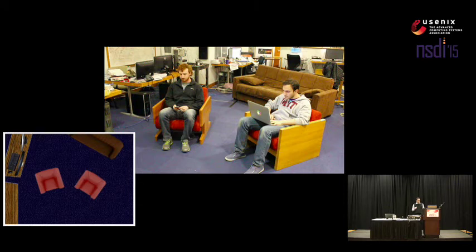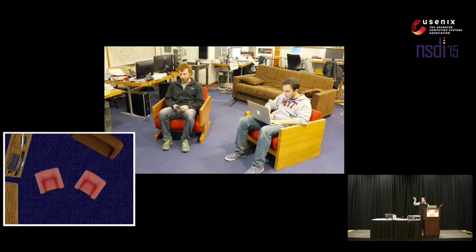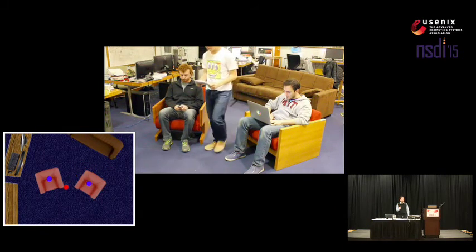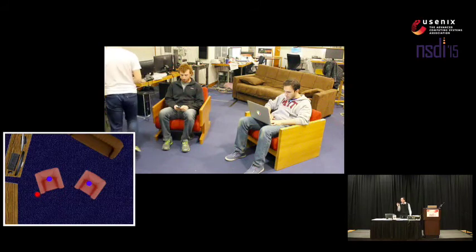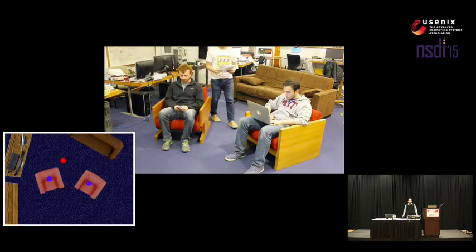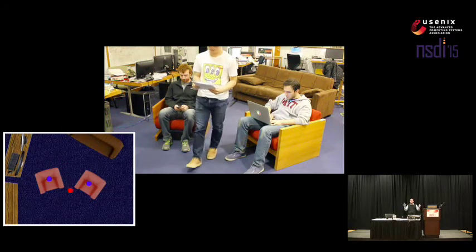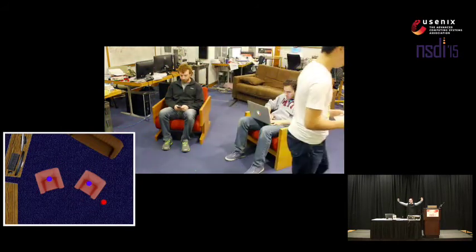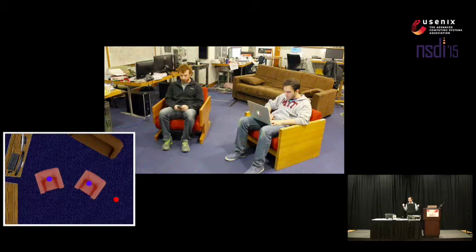Now that I played the video, after 3 seconds, we are able to localize them as the blue dots on the chairs. And when a person comes in and starts walking in the environment, we are able to localize him very accurately, even though he is walking very close to these two people. And in fact, we do all of this by relying on a single device that is shining wireless signals and collecting their reflections from the environment.